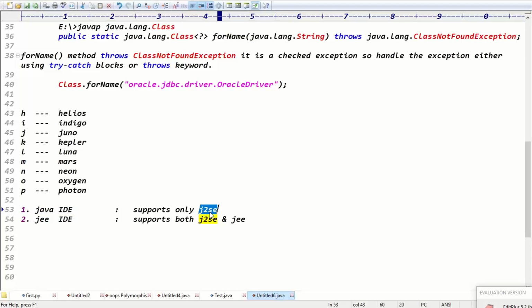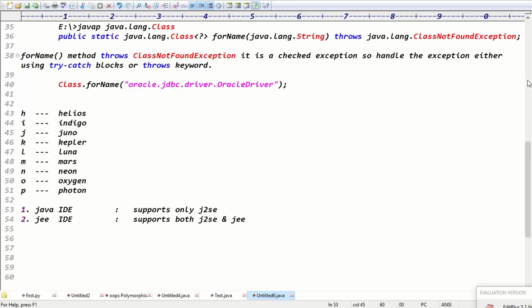What about JDBC? Does JDBC belong to JEE or J2SE? Guys, JDBC belongs to which part? In the demo class itself I said that point clearly. JDBC belongs to which part? JEE. Oh my god, JDBC. J2SE, sir.